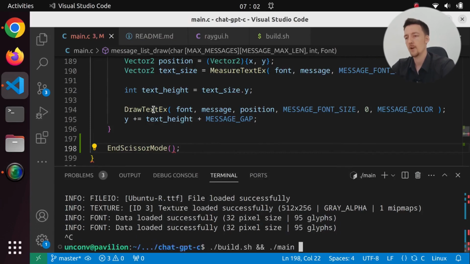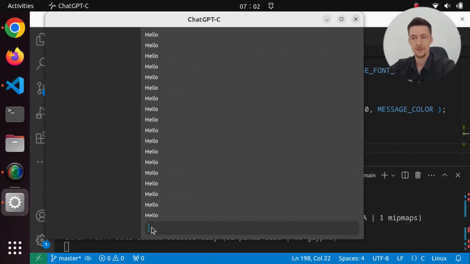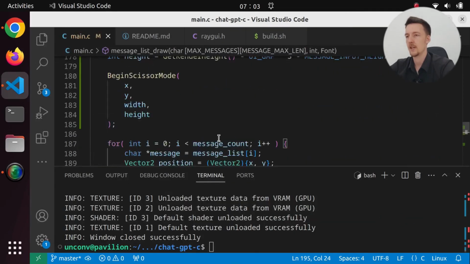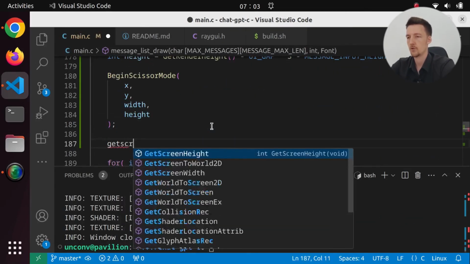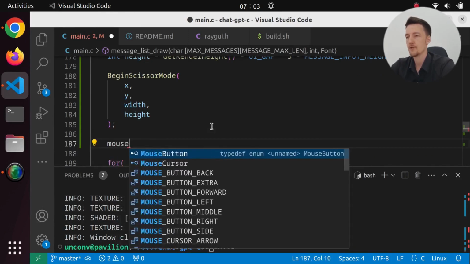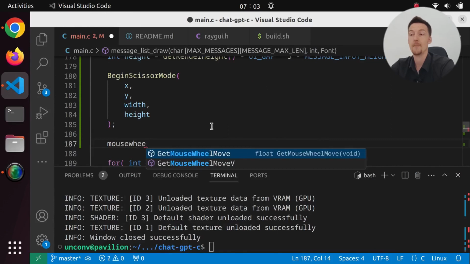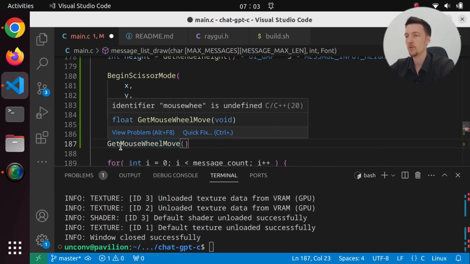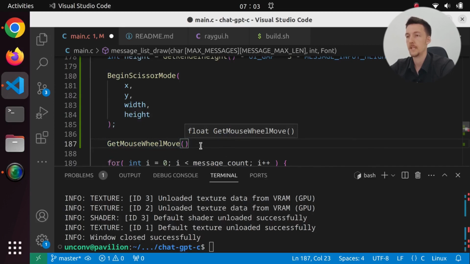So now if we compile and run this again, we do not see anything past this point. But of course we can't scroll this, we only cut out the other areas. So how do we scroll? Well, in Raylib there is a thing called get scroll something. It is called mouse wheel move. Get mouse wheel move. And this will return a float that is either positive or negative based on if we